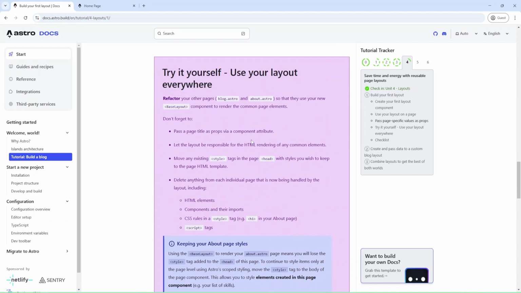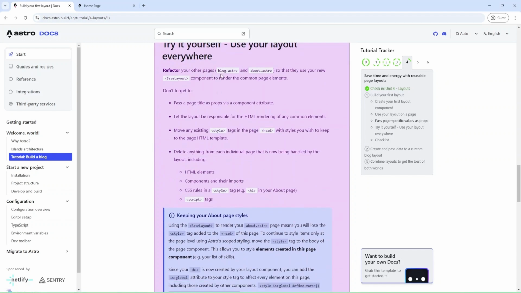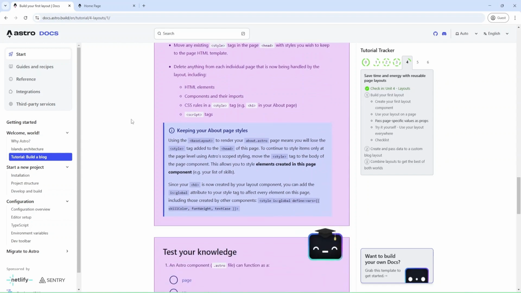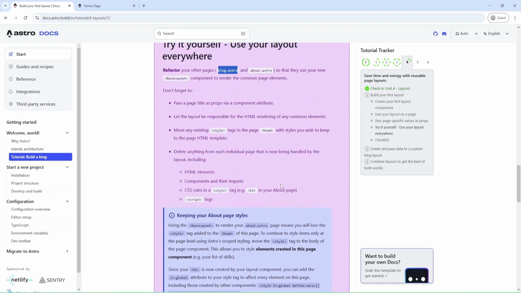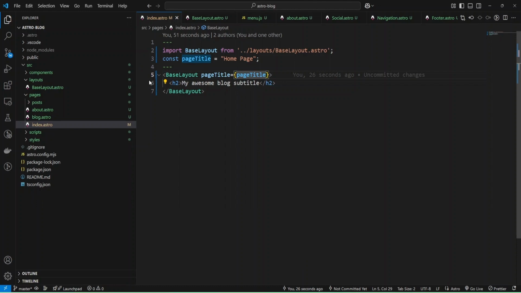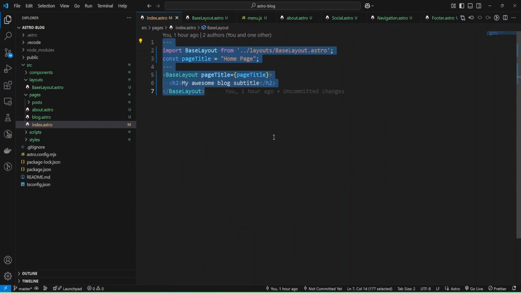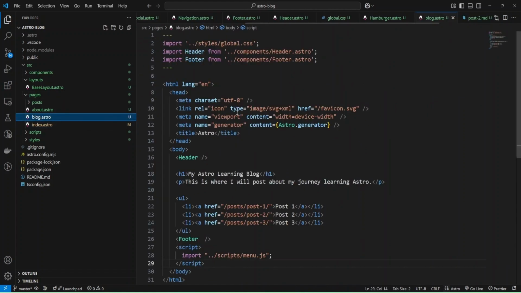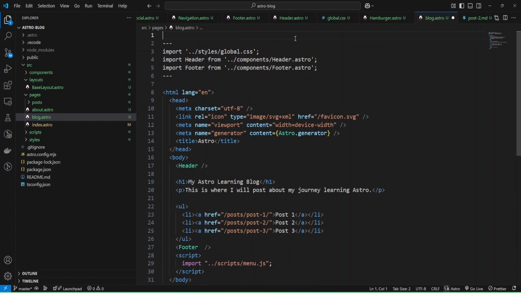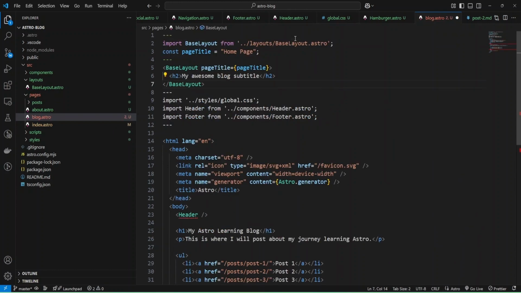Try it yourself, use your layout everywhere. Okay, now we can change blog Astro and about Astro. We can use this base layout and provide what we have inside these files as slot. Let me open index Astro, copy content, and provide it inside blog.